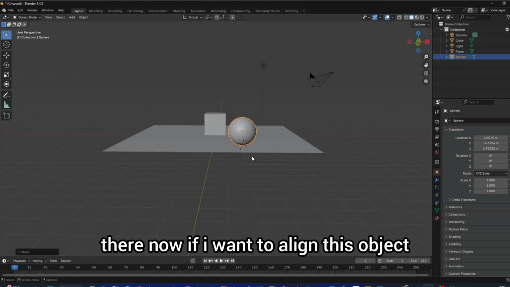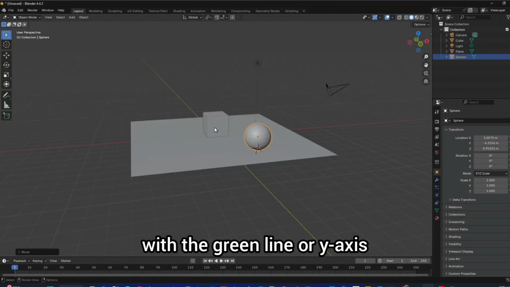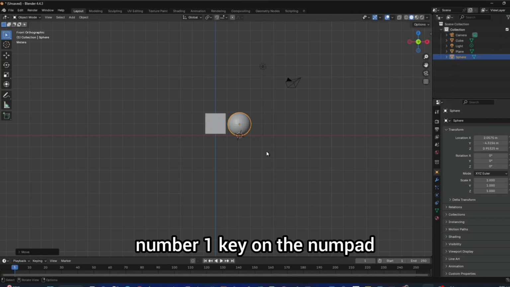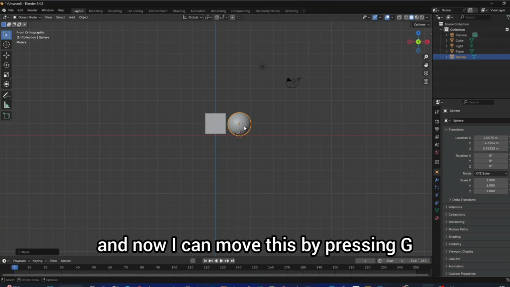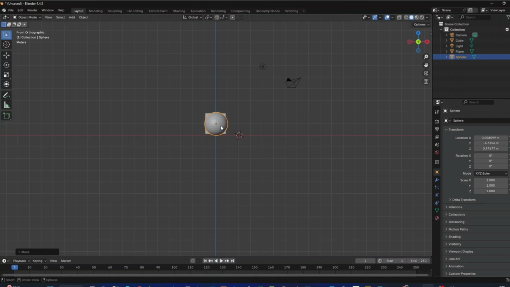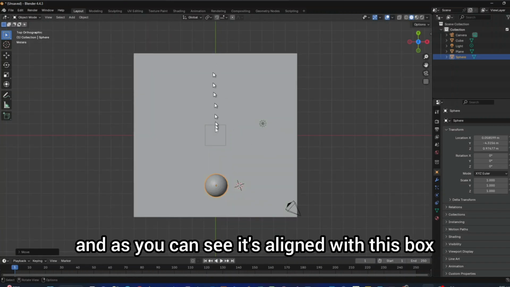There. Now if I want to align this object with this one, with the green line or y-axis, I'm going to press the number 1 on the numpad, and now I can move this by pressing G and putting it in front of it. To verify that I have put that in front, I'm going to press the number 7 on the numpad,